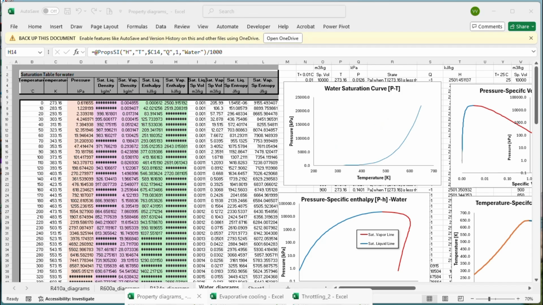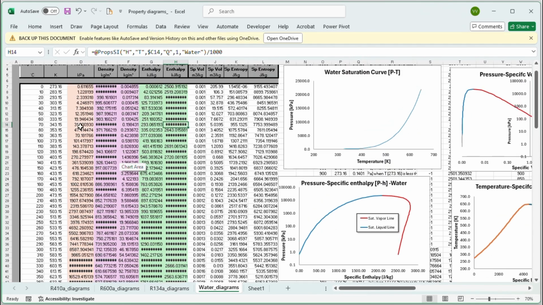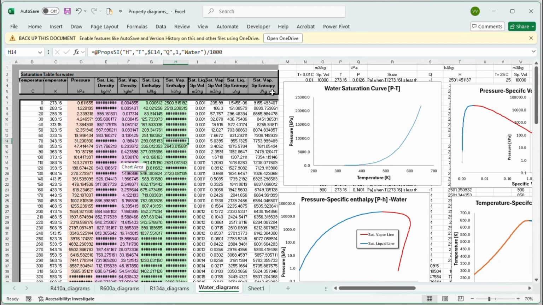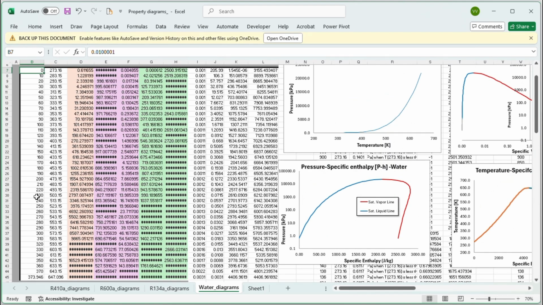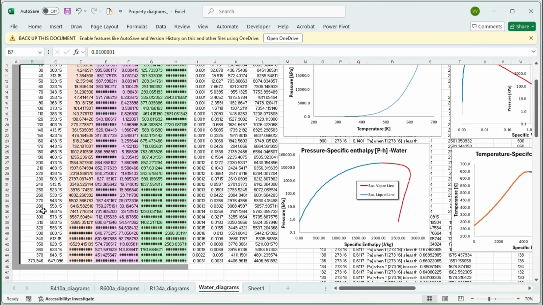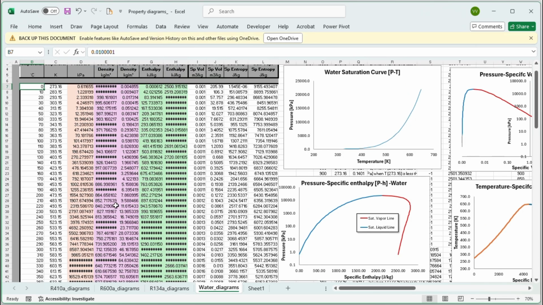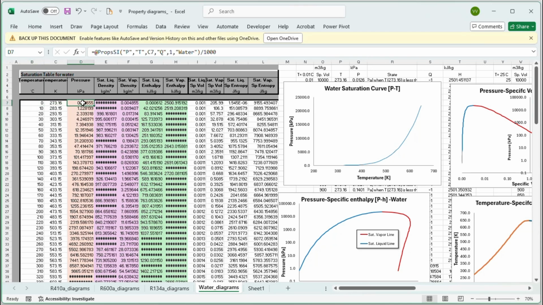Open the Excel file called Property Diagrams. Go to the Water Diagrams tab. Over here, you can see that I have several columns. And the first column is for varying the temperature from water's melting point to its boiling point. So for that range of temperatures, we are calculating the pressure using